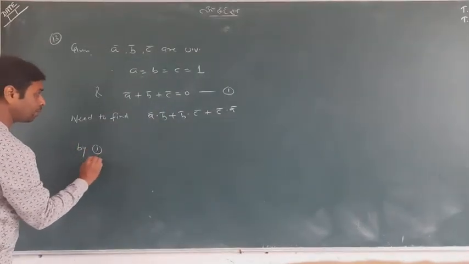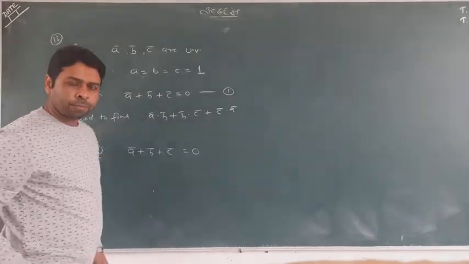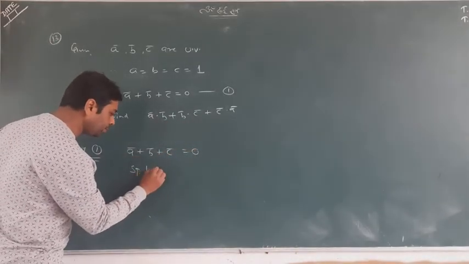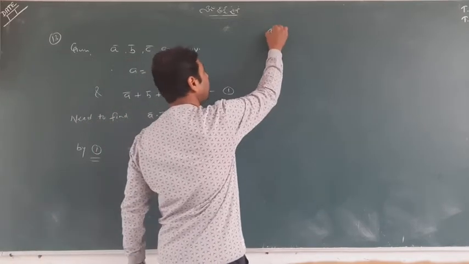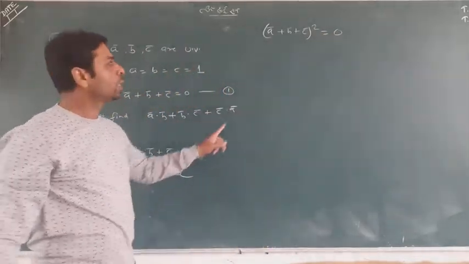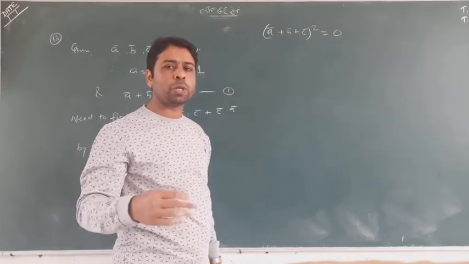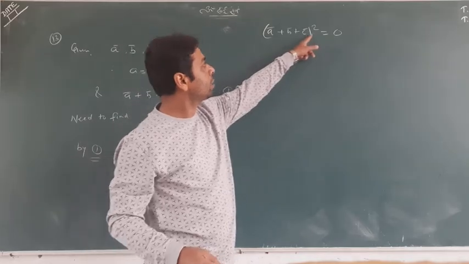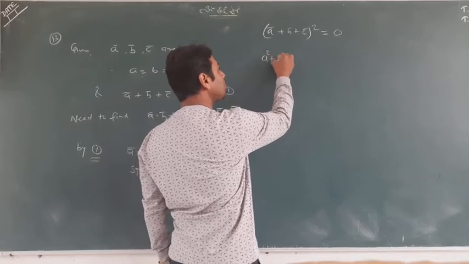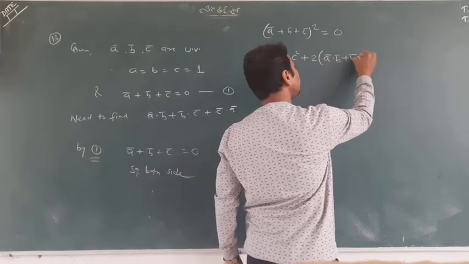You go one by one. A plus B plus C is equal to 0. It is given. How can we start? We need A dot B, B dot C, C dot A. So we can square both sides. What will come? (A plus B plus C) square will be 0 square, which is 0. Now, as you know, (A plus B) whole square was A square plus B square plus 2 A dot B. Similarly, (A plus B plus C) whole square will expand by the same method. The answer is A square plus B square plus C square plus 2 times (A dot B plus B dot C plus C dot A).